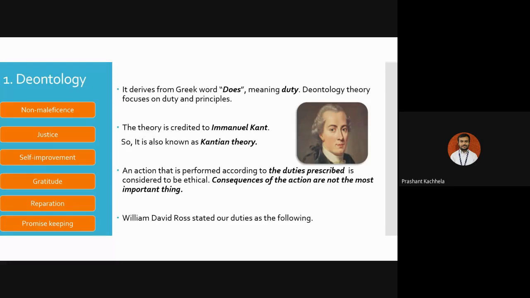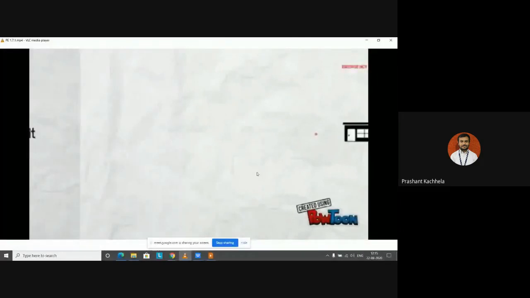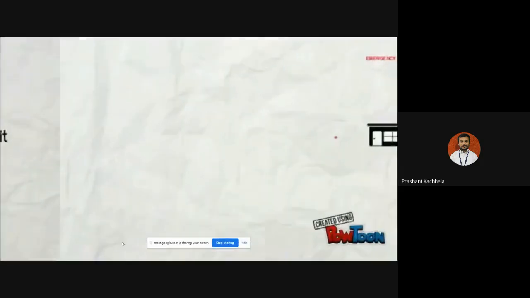Now let me take you to one video example where it is going to focus on what is right. So let's go for it. I'll show you one video here. Okay. So now I think this VLC player is visible to you, and let's start. It's just a small example. And it actually does not have any dialogue. Just watch this video, and you will get an idea regarding deontology.